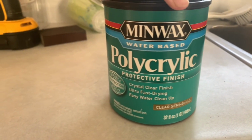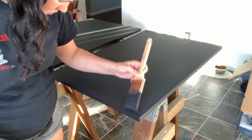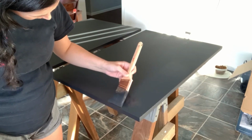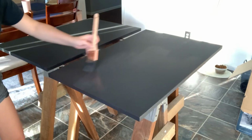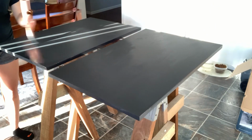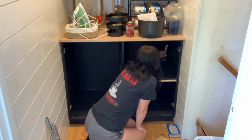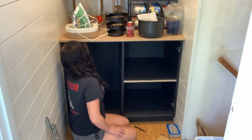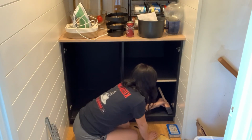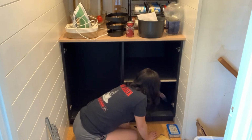At this point in the project, I'm really just focusing on giving everything the final touches to make it absolutely perfect. I had everything cut down and just about everything installed besides this shelf. I had all of my hardware installed and 2 coats of paint on my floor cabinet. But in doing so, there was a lot of nicks and just minor imperfections with the install of all of this stuff. And so I really wanted to make sure that everything looks completely perfect and was finished and sealed in the necessary way. So here I'm taking the doors off again, and I'm kind of just sanding down all those imperfections, giving it one more coat of paint, and then